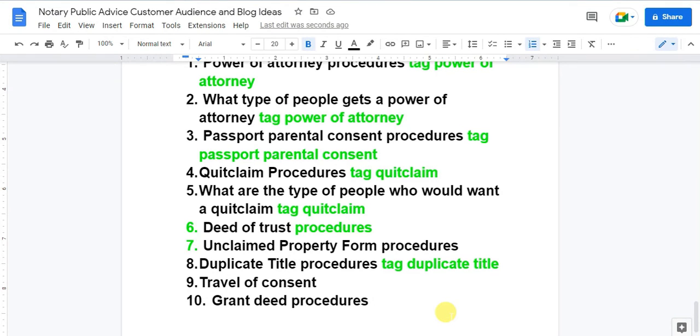And if they see that you have the grant deed procedures on your website, most likely they are going to hire you, because they say, okay, this public notary has the level of education to make sure that this document gets notarized correctly. Because you never know, people are always looking for someone they can trust. So it's important that you have all this information on your website so your customers can trust you as a notary public. Okay, so tag,